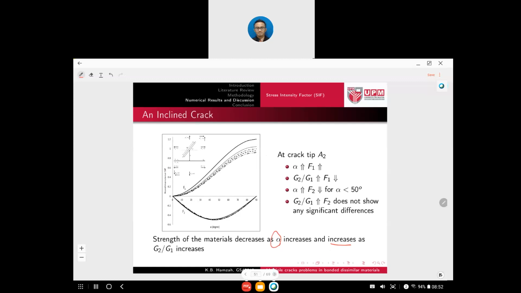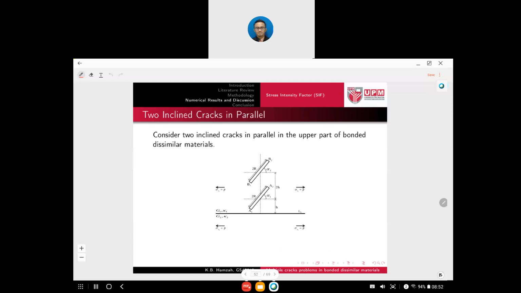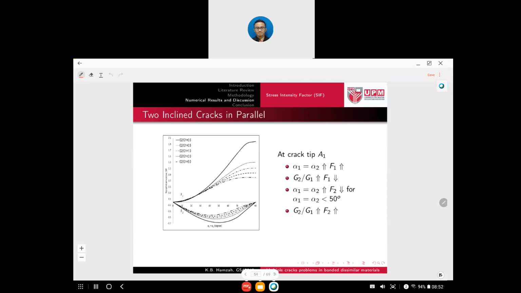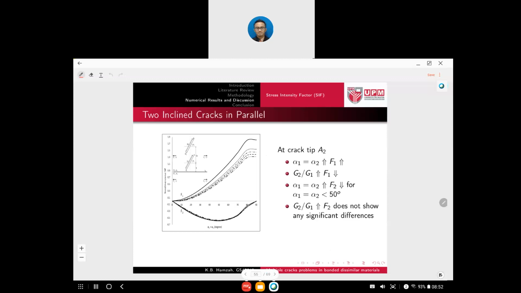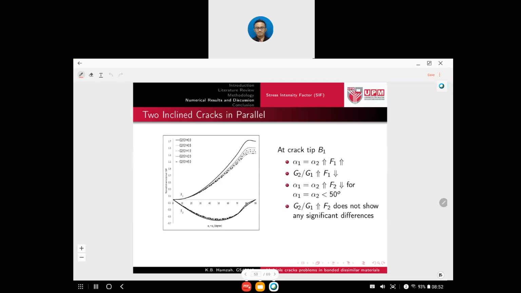G1 increases. For the case of two inclined cracks in parallel in the upper parts of bonded dissimilar materials, we can see that at crack tip A1, the strength of the material decreases as alpha 1 equal to alpha 2 increases, and the strength increases as G2 over G1 increases. At crack tip A2, from the result, we can see that the strength of the material decreases as alpha 1 equal to alpha 2 increases and increases as G2 over G1 increases, whereby at crack tip B1, the strength of the material decreases